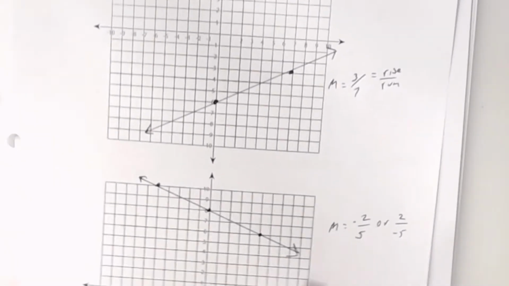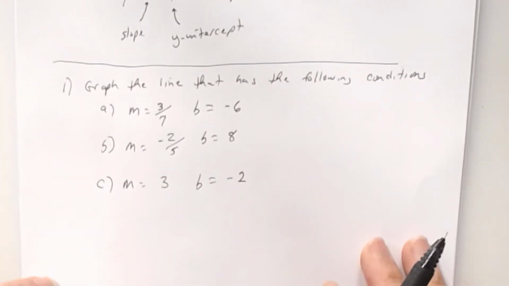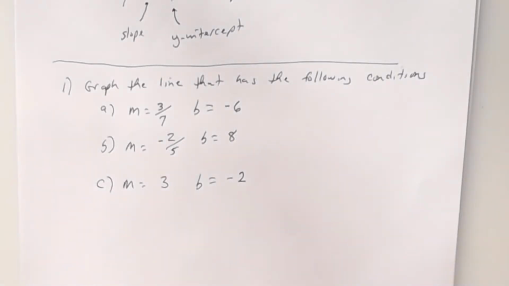All right, now let's look at this one. C, suppose the slope is 3 and the y-intercept is negative 2. The first two seem to be a little bit easier for students than the third one, because when they see the slope as a fraction, they think rise over run. Hey, I can see a rise and I can see a run. But you have to remember that whole numbers can also be written as a fraction. How can you write 3? 3 divided by 1. And so when you graph that one,